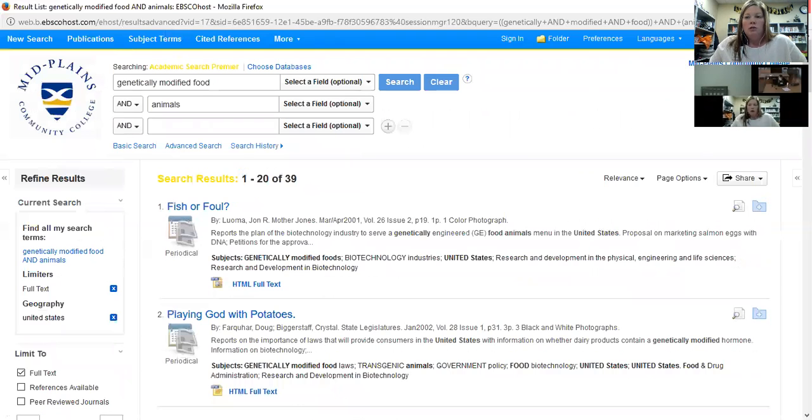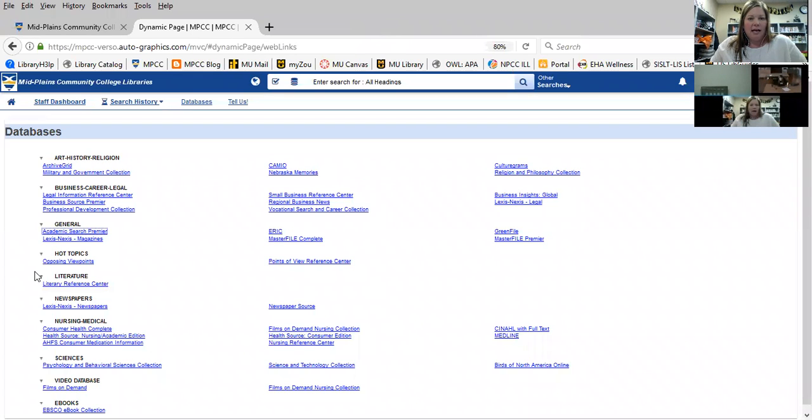Okay, so let's go back to the library catalog. Oops, I think I just messed up my screen share. If I go back to the library catalog,